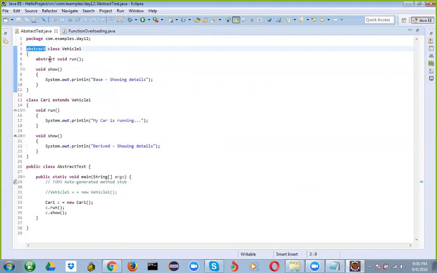So in your class, if you want to declare a method without a body, you can do that. You need to mark that method as abstract. When at least one method in your class is abstract, you need to mark your class as an abstract class. Once you mark your class as abstract, you cannot create objects for it, and at the same time, whoever has a relationship with you, such as class Vehicle and Car,